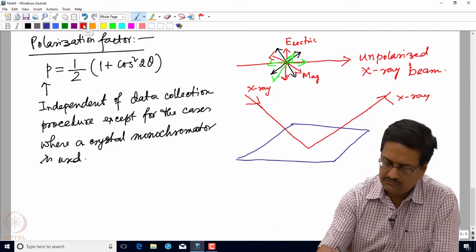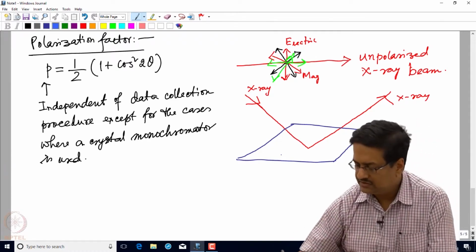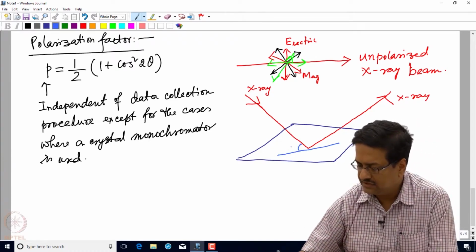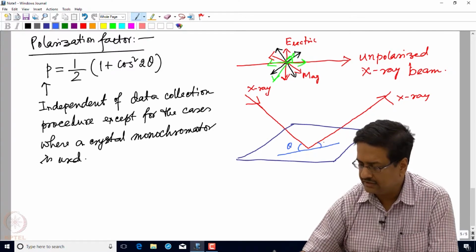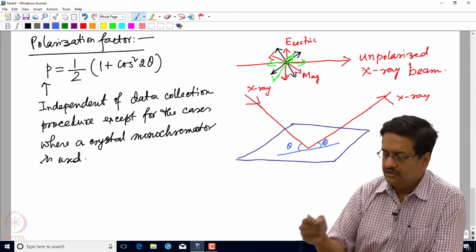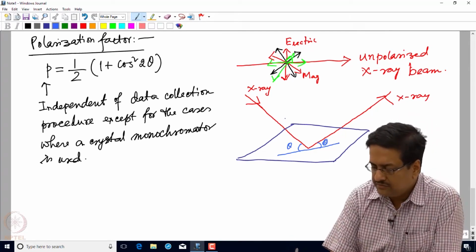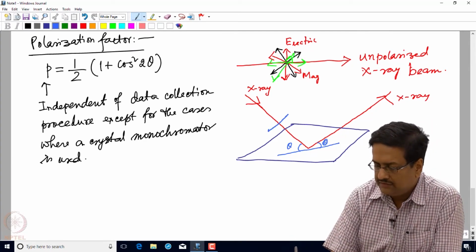So, in this case, if this is the angle of incidence and this is the angle of diffraction, the unpolarized beam, the vectors can be classified as